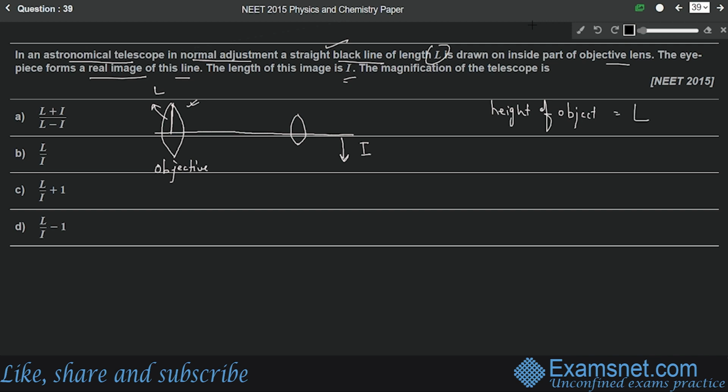So its height will be L. Okay, and what will be the height of the image? It will be minus I, because it is inverted, so we have put a minus sign. Okay. Then we know that in normal adjustment,